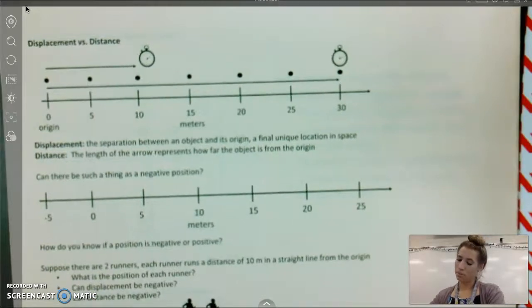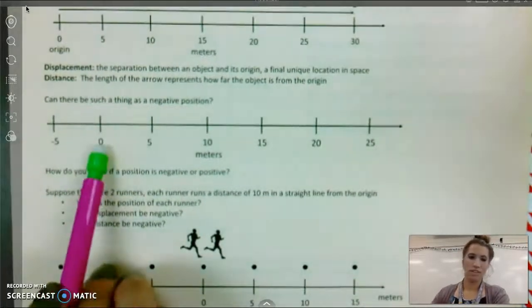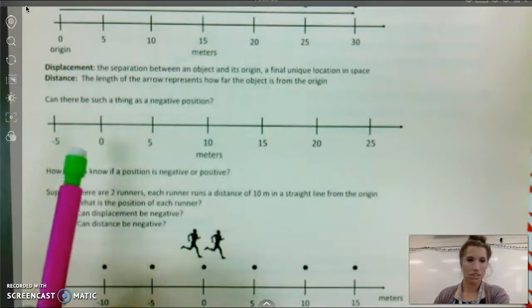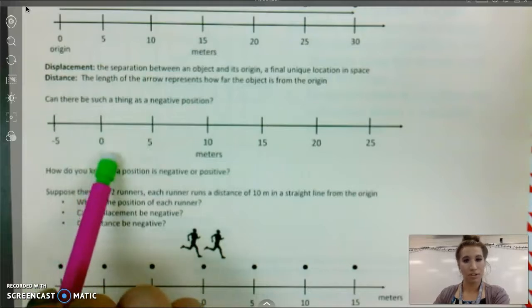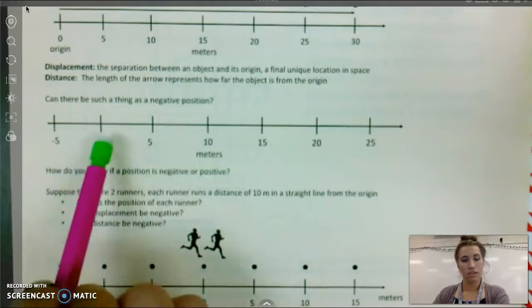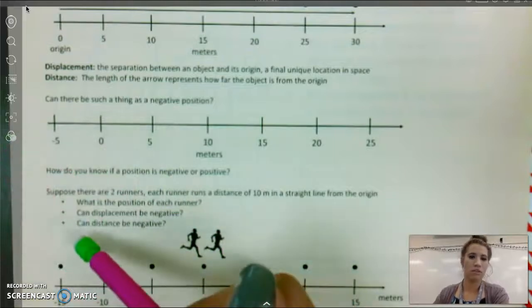Do you think it's possible to have such a thing as negative position? Because if I establish that this is my origin, right here in this spot, I'm calling that my origin, and there's some object in that origin, but then the object moves to the left instead of the right, then that would be negative position. They just went backwards instead of forwards. Okay,